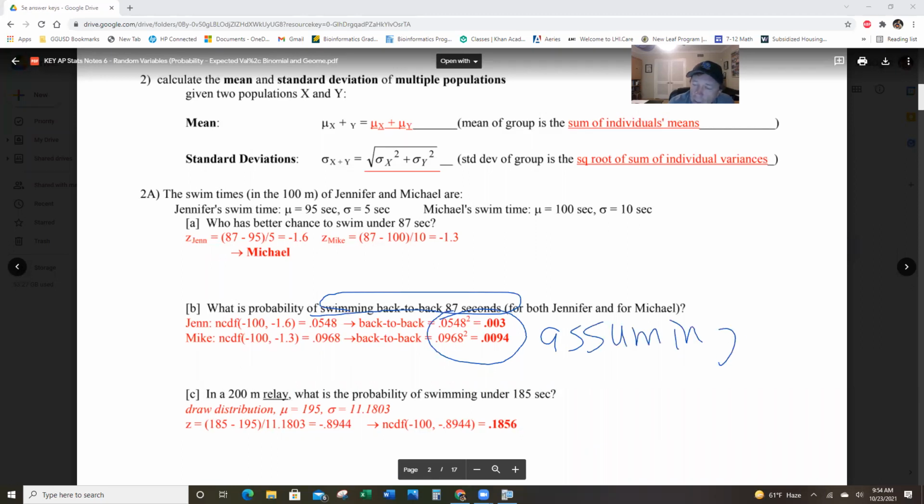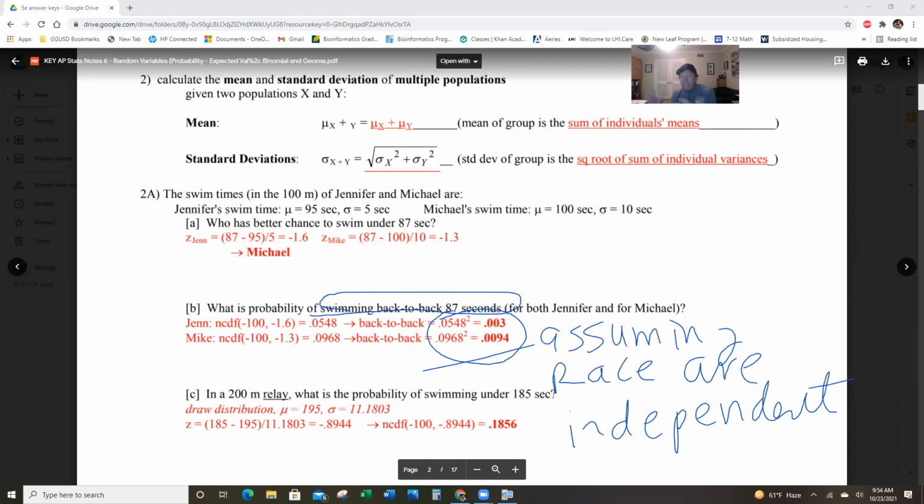So the best answer is this, and you write this: assuming races are independent. I would like you to write that down too, assuming races are independent, because you multiplied them together, making that assumption. The problem doesn't say they're independent. And if you give an answer that multiplies them together, then you need to tell the reader this is true assuming independent races. Because if people are improving, they wouldn't be independent. So that's a pretty easy problem. I showed you the calculator keystrokes here as a review, so it's all there.